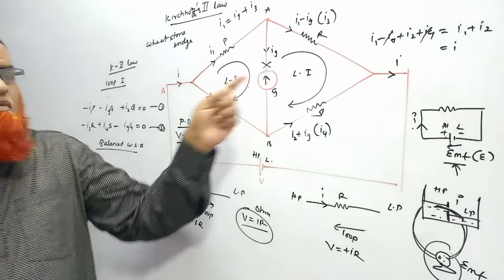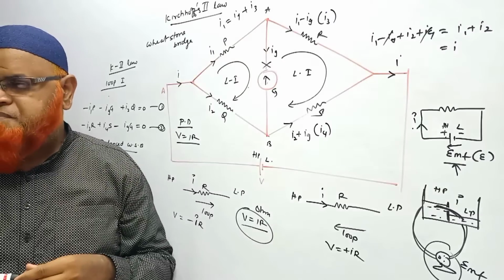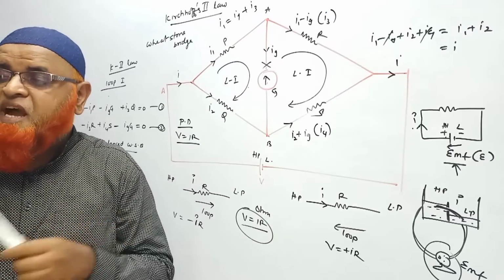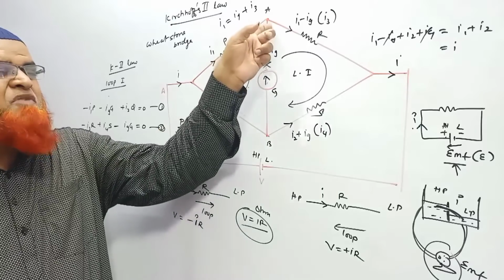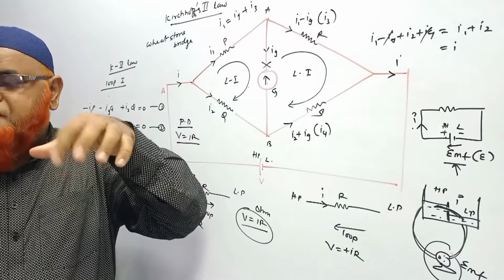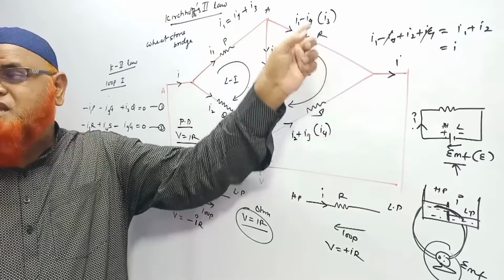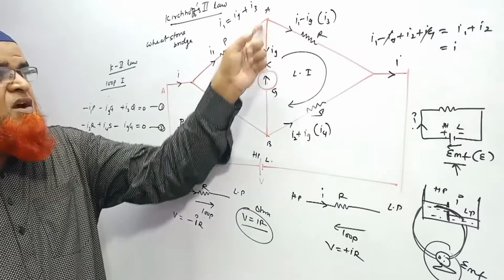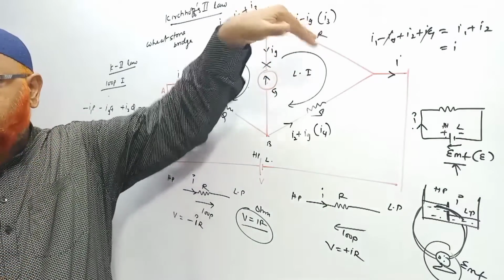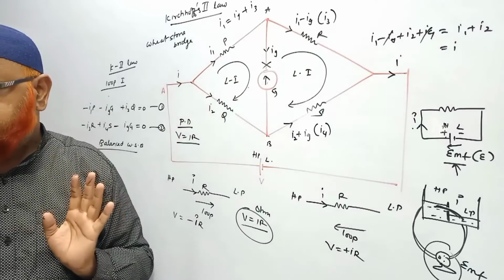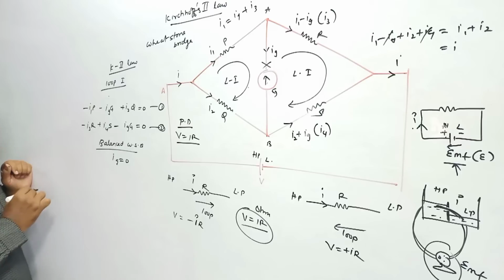And why does no current flow through the galvanometer? Generally, galvanometer resistance is very high, and current is very intelligent. It will always follow the low resistance path. Current always follows the low resistance path. Current will flow in that path where the resistance is less. So current will not turn like this, it will move like that only. But you have to select the resistors which have lower resistance compared to the galvanometer. That's it. So with this, it is understood that Ig is equal to 0.